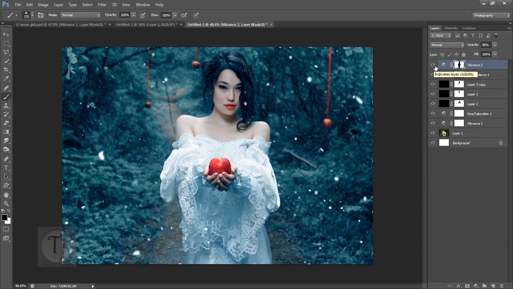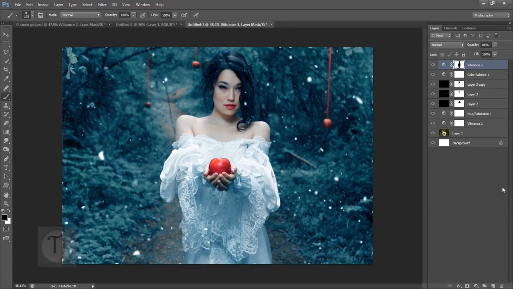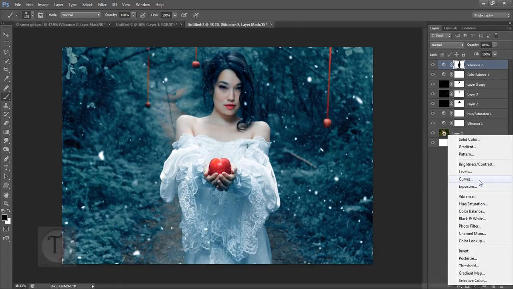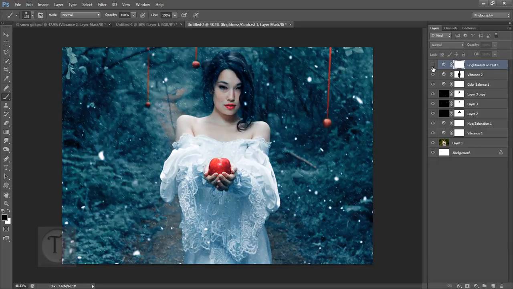Okay, after that let's see brightness, contrast, and curves. So I'm gonna create another layer, and this time I'm gonna use brightness, contrast, and add some contrast. And this is the same thing we did with vibrance, but this time I'm gonna remove it from